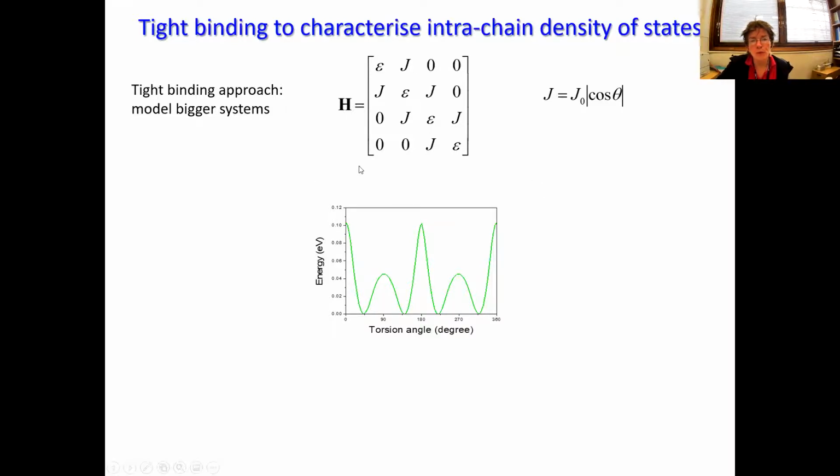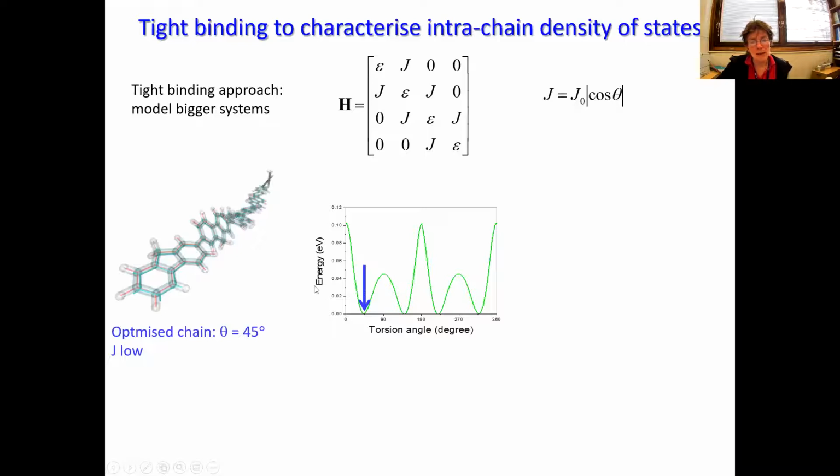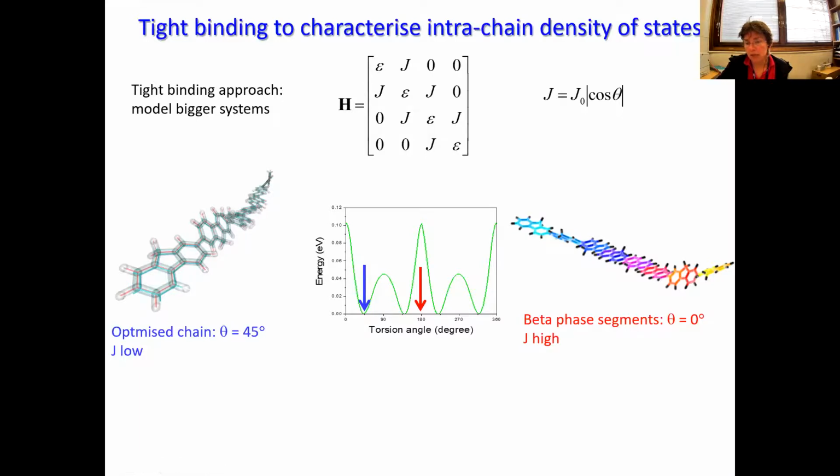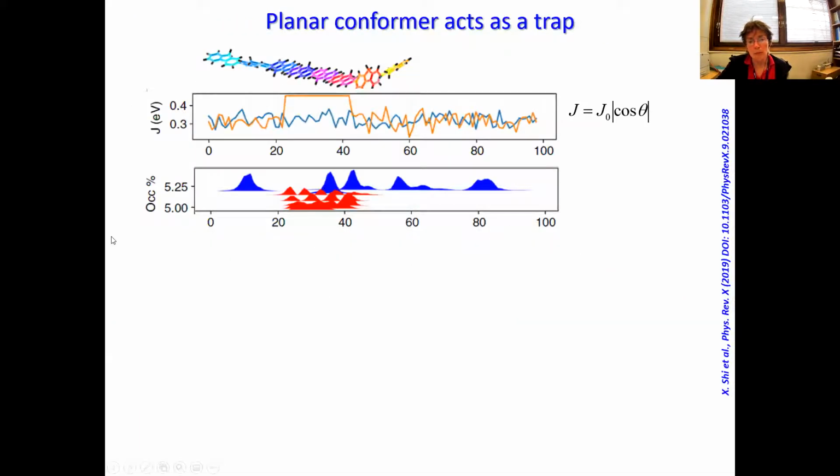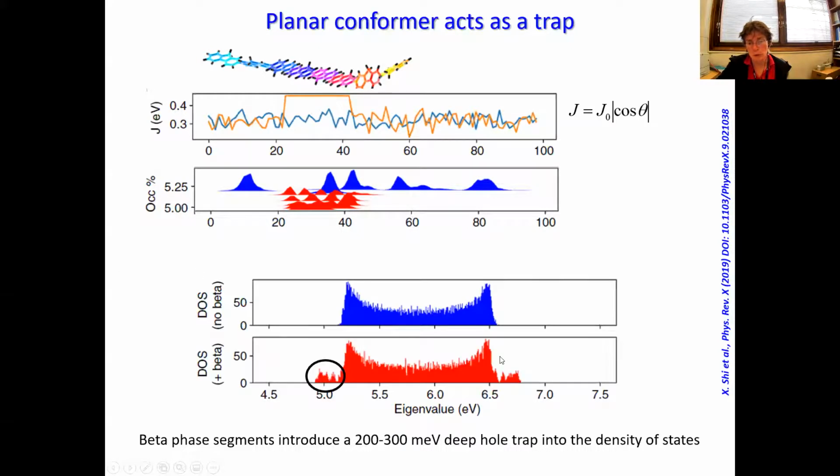For this, we use a one-dimensional tight binding approach, and we argue that the electronic coupling varies like the magnitude of cos theta, where theta is the torsion angle between consecutive units. In the optimized chain, that torsion angle is around 45 degrees. In the beta phase, it's 180. Then when we put those numbers into this one-dimensional tight binding model, and introduce a certain amount of torsional thermal disorder in the torsion angle in both cases, we see that the effect